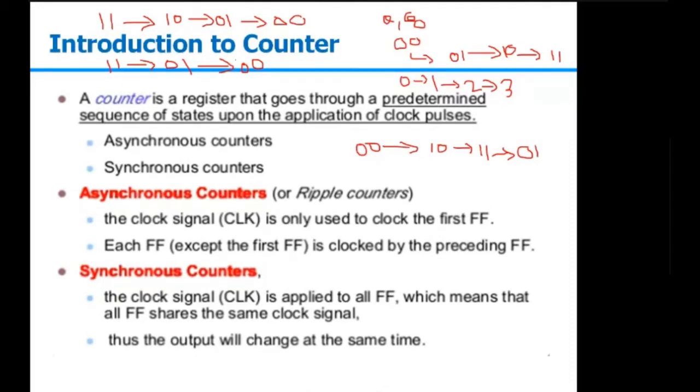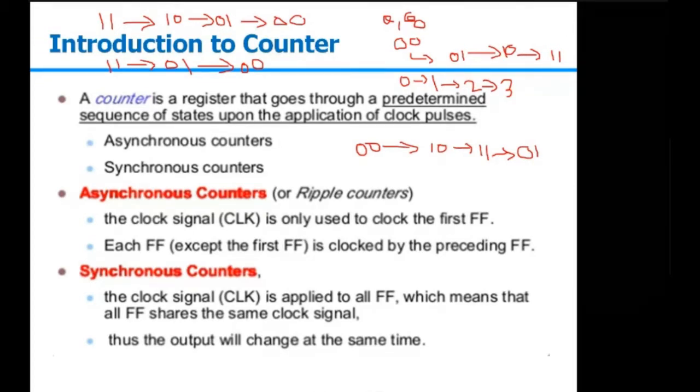If I'm talking about two variables, like in this case, we are having two flip-flops. For two variables, we can have 4 states, right? For three variables, we can have 8. So when I'm saying 4 states, it will be counting from 0 to 3. What the arrangement is, that is totally user dependent. For 8 states, it will be counting from 0 to 7. For 4 variables, 0 to 16. So if you want to make a counter that will count till 13, we should have 4 flip-flops.